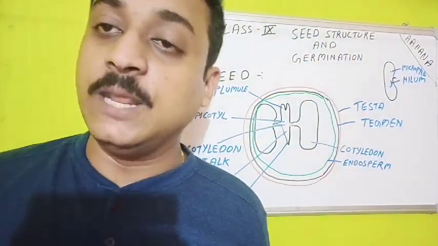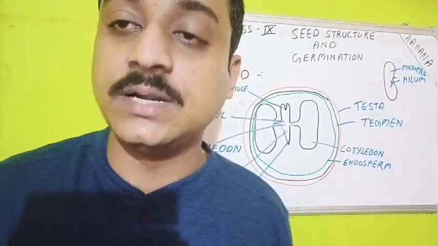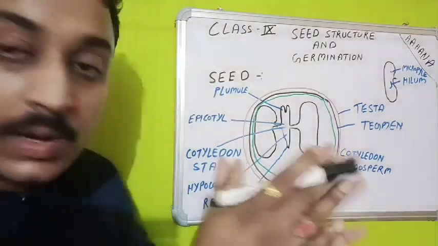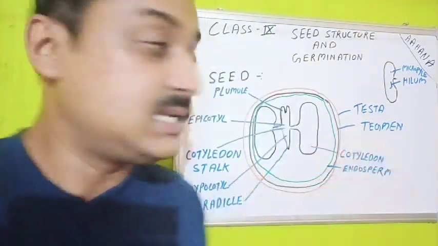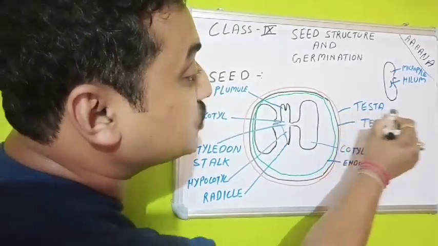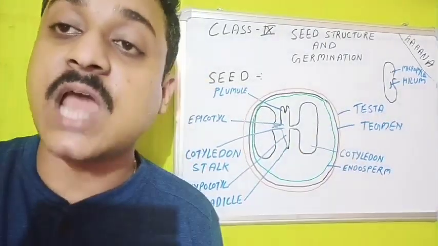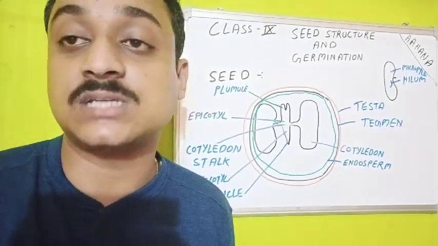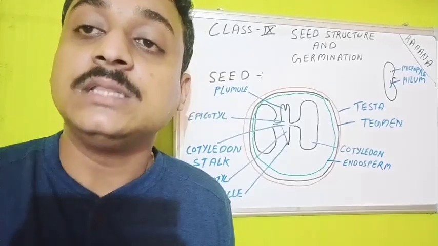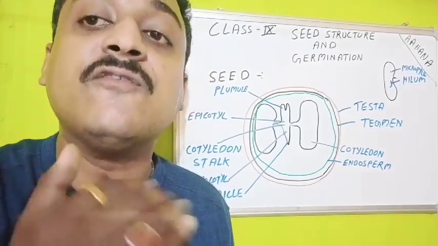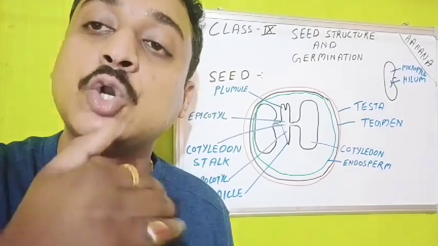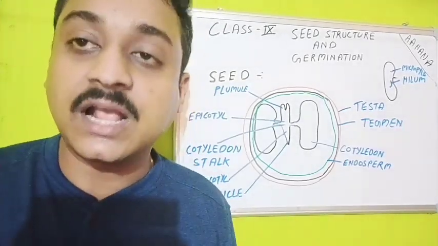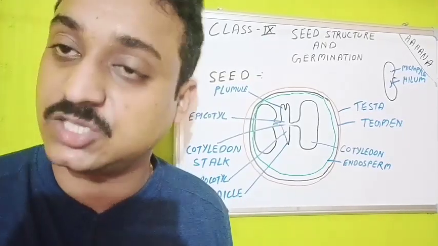So let us go deeply into what we are going to understand today. First of all, the seed. Whenever we dissect the seed, the outer layer of the seed is known as the testa. Testa is the outer covering of the seed. It is very tough, so that the seed cannot be damaged by any adverse condition, like weather conditions or grazing animals like cows, goats, buffaloes and all.